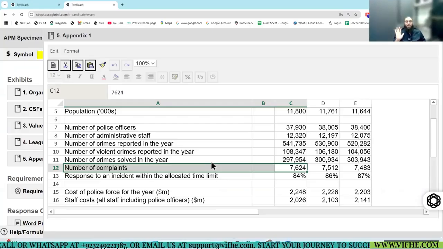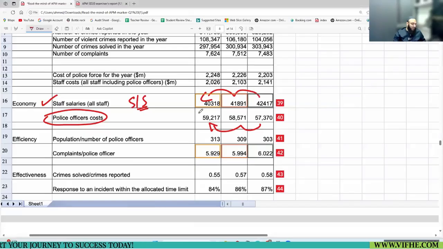I think it's okay to work out complaints per officer, which means how many officers are dealing with one complaint, somehow, I would say. But this calculation is done wrong. If you divide this with this, you will not get the answer which he has calculated here, because the number is wrong, calculation is wrong, no marks awarded.